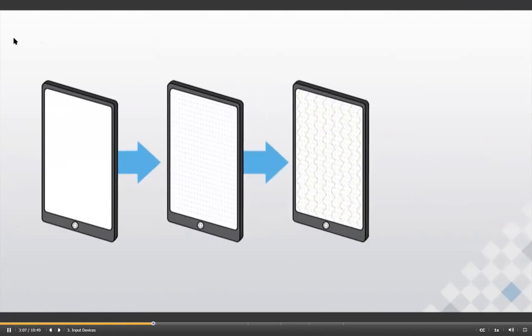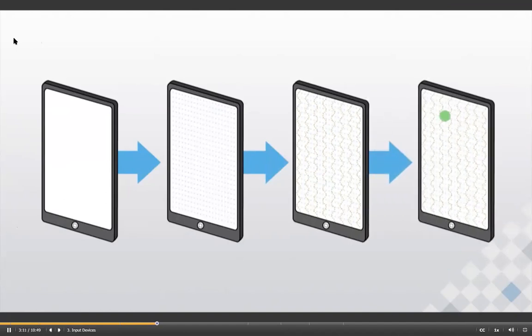An electrical current is then run through the material. When something conductive touches the screen, such as a finger, small sensors identify the touch and generate XY coordinates. Capacitive touchscreens are used on smartphones, tablets, and some laptops. But because they require a conductive touch, a non-conductive object, such as gloves or plastic, can't be used to tap